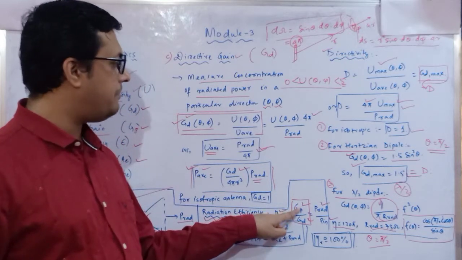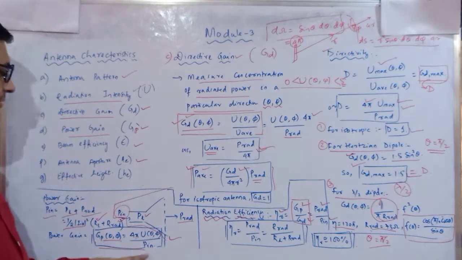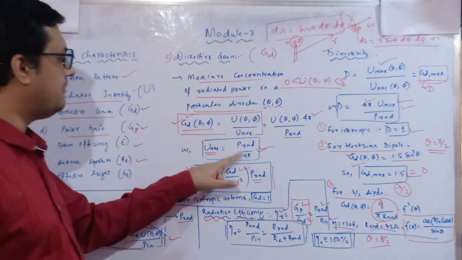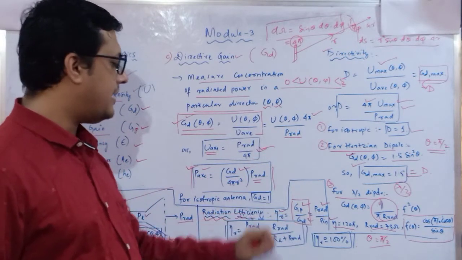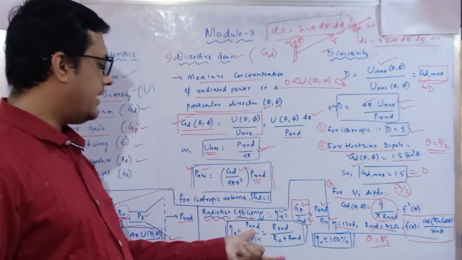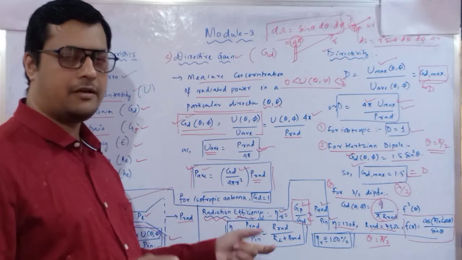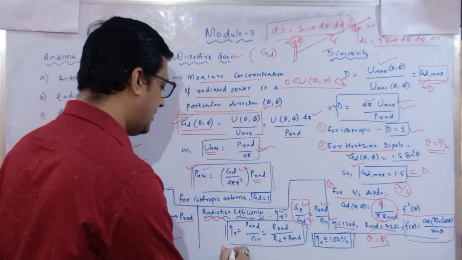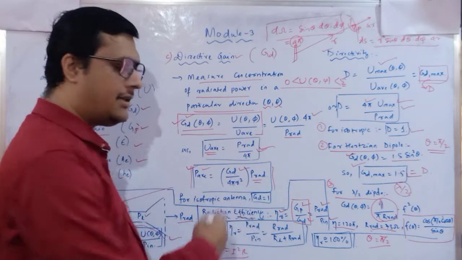In place of GP, we can put that GP is inversely proportional to the input power, and GD is inversely proportional to the radiated power. So it is P rad by P in, and eta R is equal to radiated power by the input power. In place of radiated power, you can write radiation resistance, because power has a relation of I square R. Since the current is the same, I am neglecting the current.